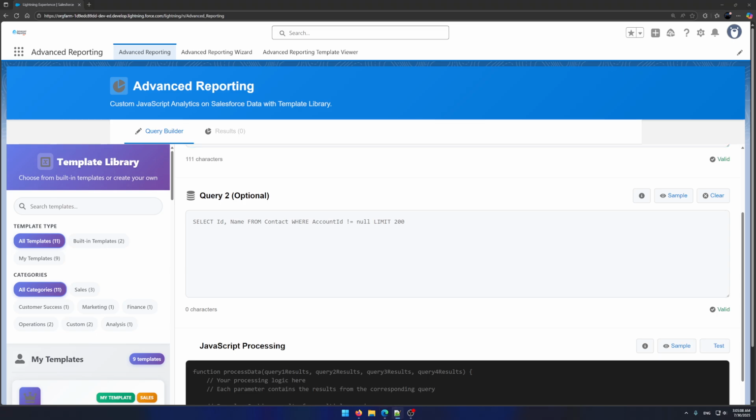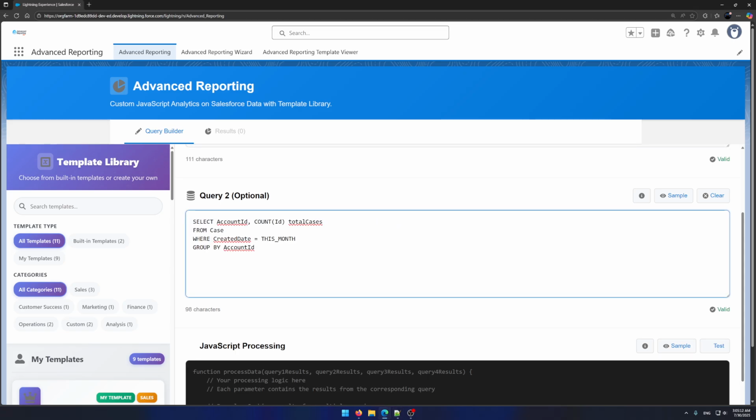For query 2, I'm going to grab from cases. So select account ID, count the ID of total cases from case where the created date is this month, and then group by the account ID. From there,